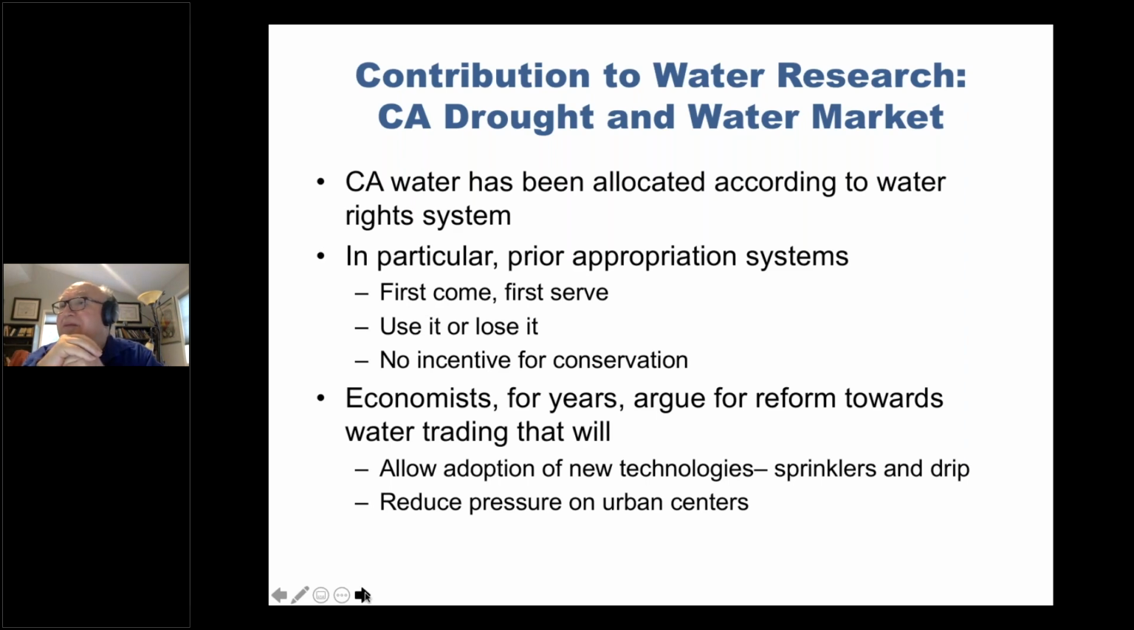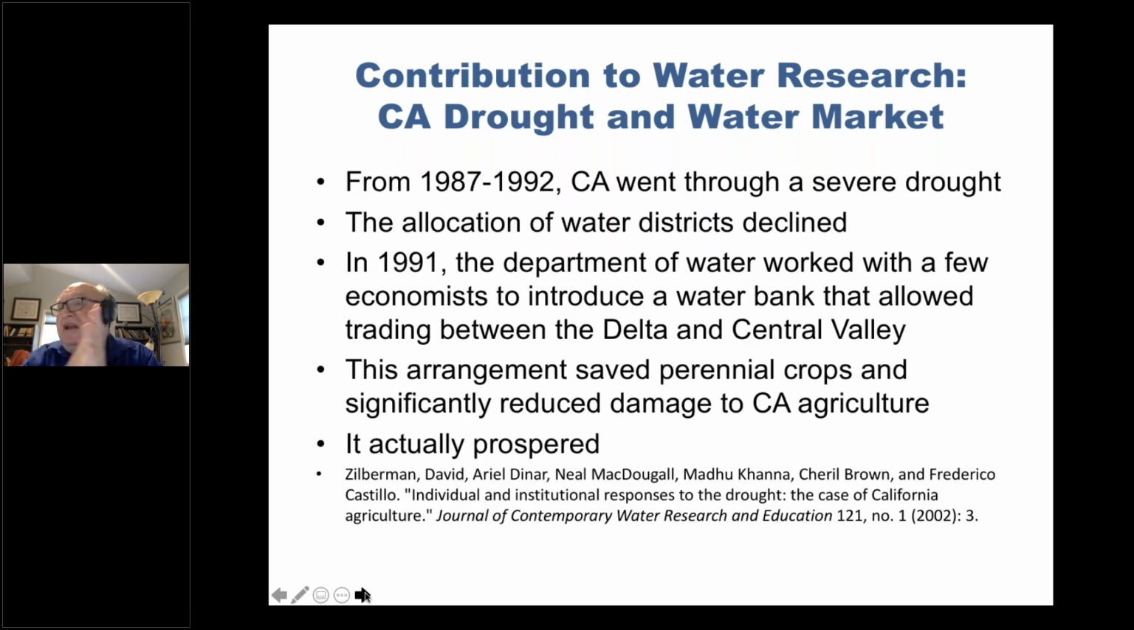Next. In 1987 to 1992, California went through a real severe drought. The allocation of water to water districts declined. Farmers were asked to take their land out of production. Consumers were asked to put bricks in their toilets. In 1999, the Department of Water Resources called several agricultural economists and said, can we introduce a water market? You spoke about it. And we introduced a water bank that allowed moving water